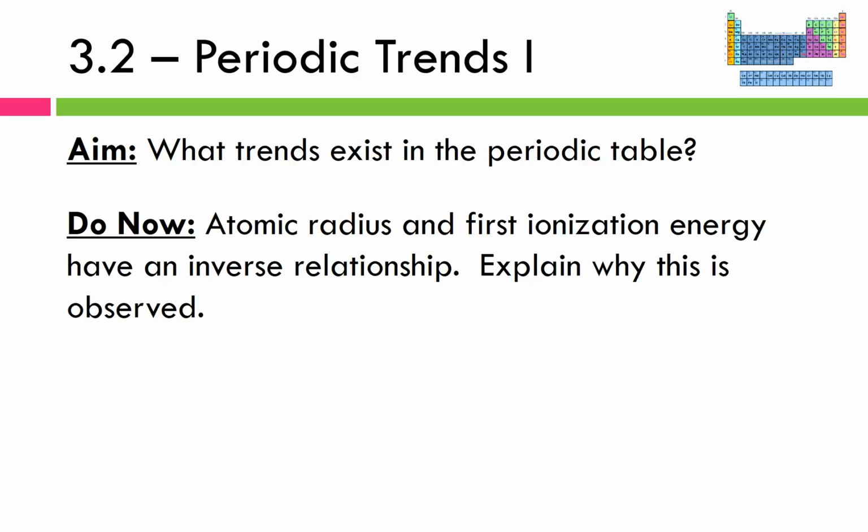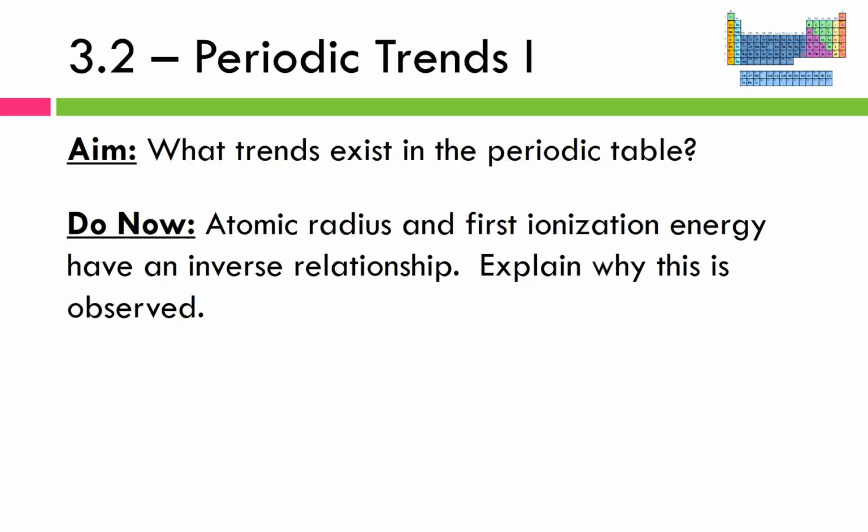In the previous lesson we discussed the layout of the periodic table and how it's currently organized. We know it's arranged in order of increasing atomic number. It turns out when you arrange the elements in order of increasing atomic number, you see some trends or patterns that are going to come up as you move across the table from left to right and from top to bottom. Two of these trends are atomic radius and first ionization energy, and those are the ones we're going to